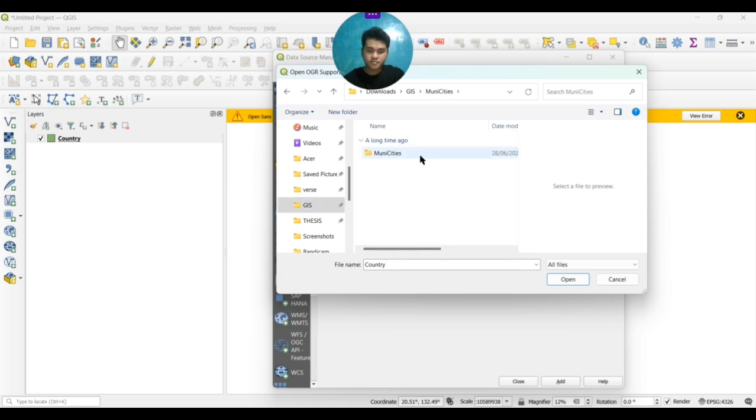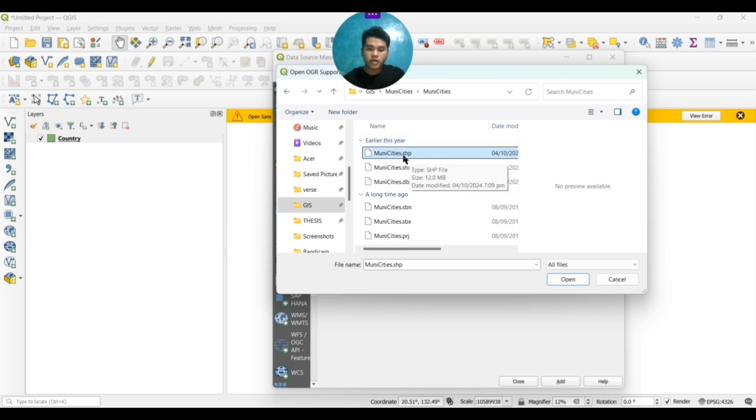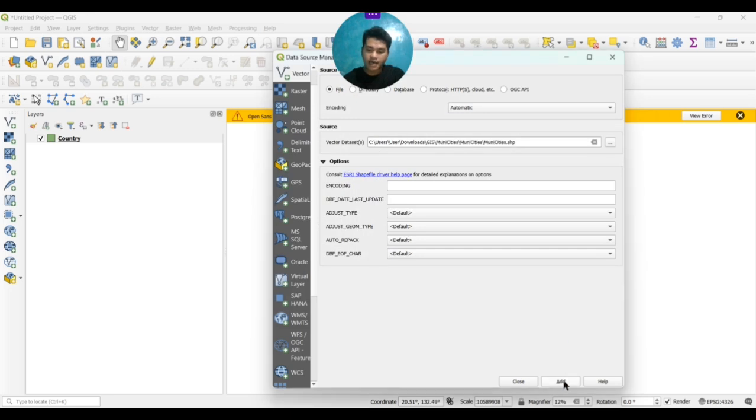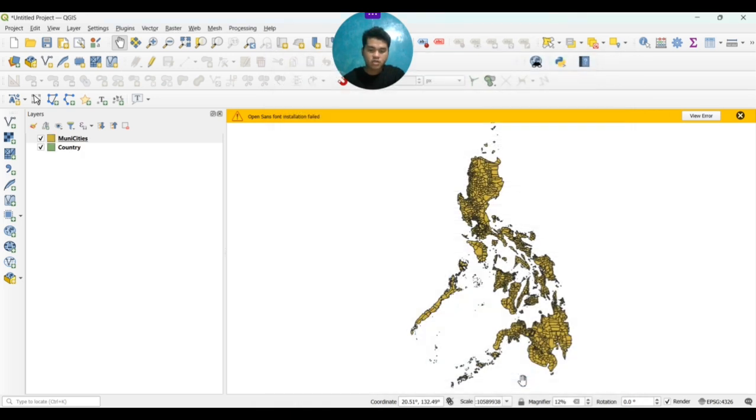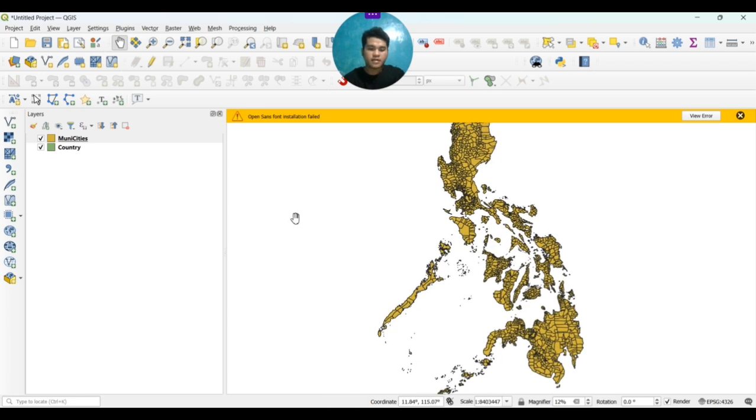I just double click it, open, and remember, look for the municipality SHP. I will always be reminding you to look for SHP there. Then open, then add first and close it. When you close it, zoom in to where you can find your municipalities.